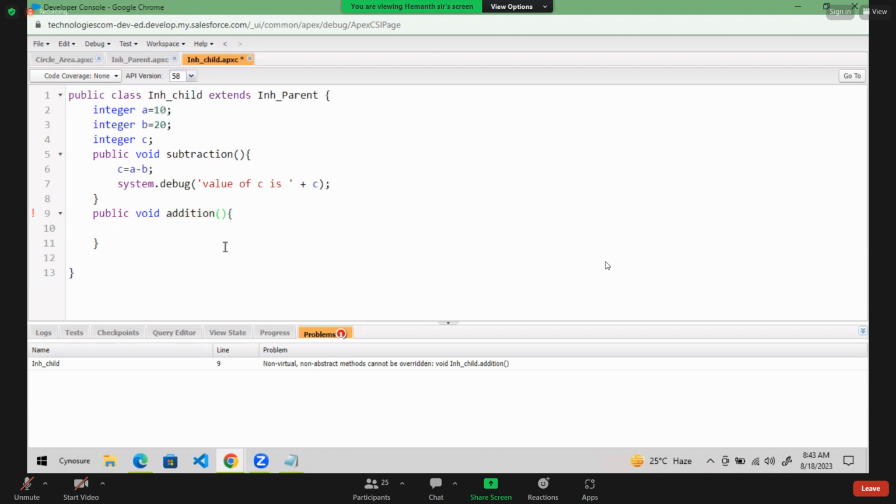If I want to give a different definition to that method here, what I want to do is C equal